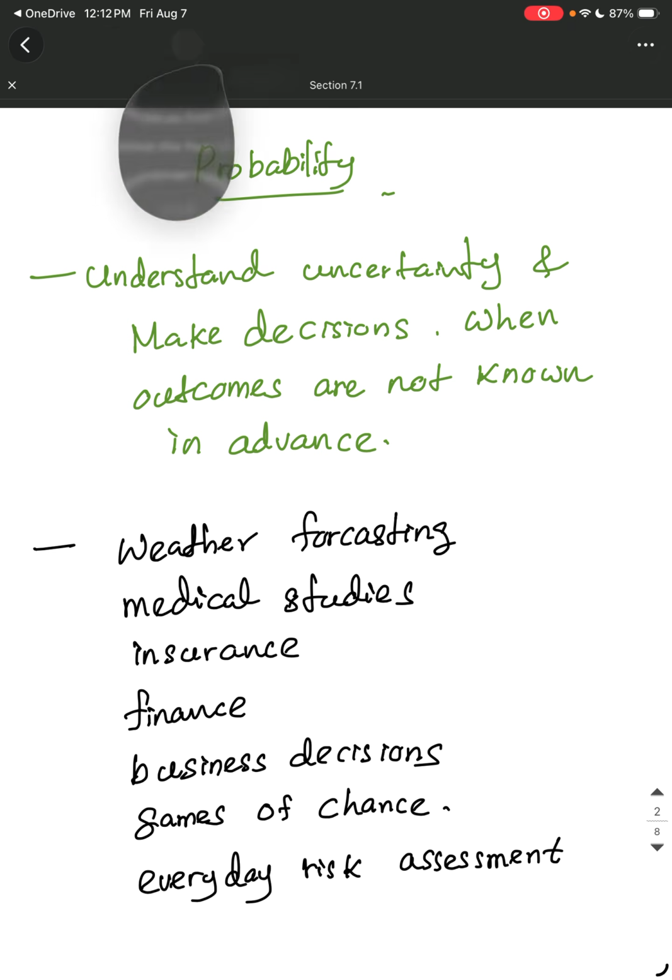So then, by the end of today's lecture, you should be able to define an experiment, identify outcomes and sample points, write a sample space, define simple, certain and impossible events, perform unions, intersections and complements of events, and determine whether two events are mutually exclusive. Okay, the basic terminology. Let's start with the experiment.